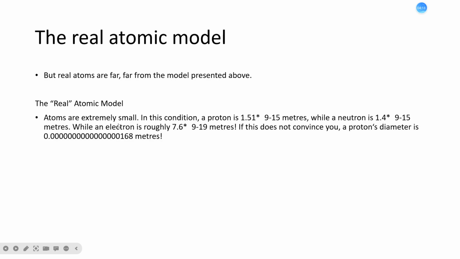Atoms are extremely small. In this model, a proton is 1.68 times 10 to the negative 17th power meters. I forgot to make them smaller, just forgive me. A neutron is 1.6 times 10 to the negative 17th power meters, while an electron is even smaller, 8.5 times 10 to the negative 21st power meters. When you think this is not a big number, a proton's diameter is